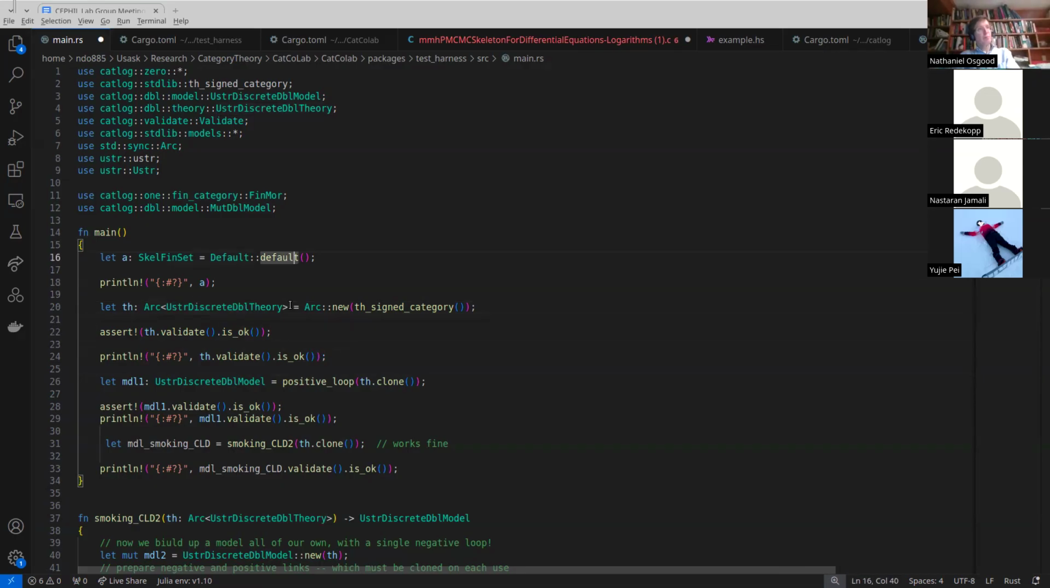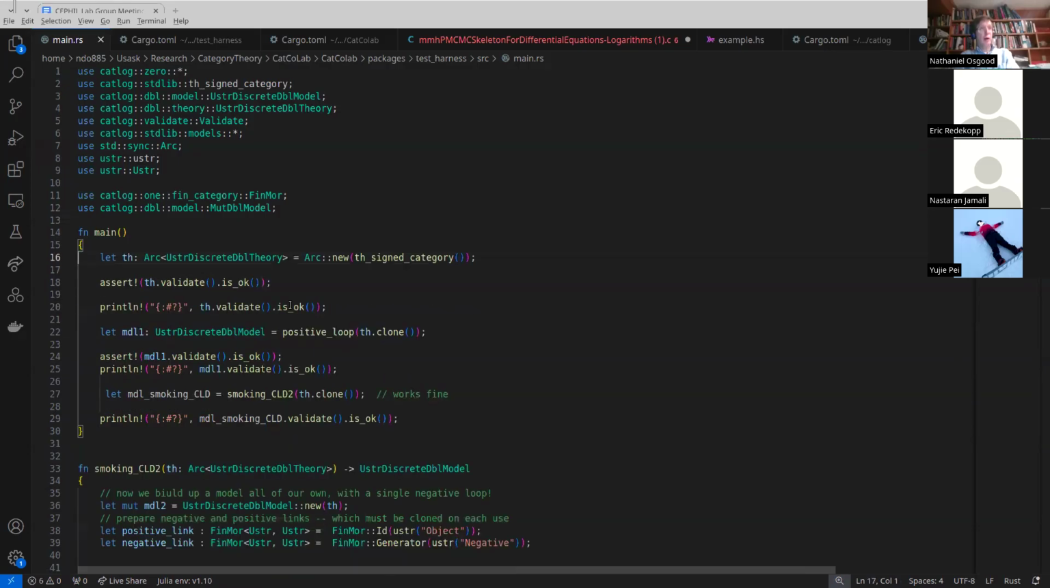Anyway, I started in a very modest way, but what I ended up going to is to have a theory of a theory signed category, and then made sure it was sane. And then I created a double theory, wrapped up in this kind of thing for memory management. And then I created a double model that was a positive loop, and I made sure that was okay. Okay, fine. But then the more substantive thing I did was to